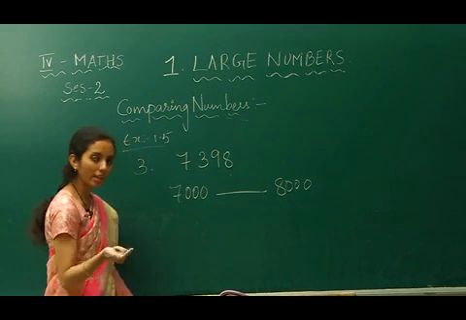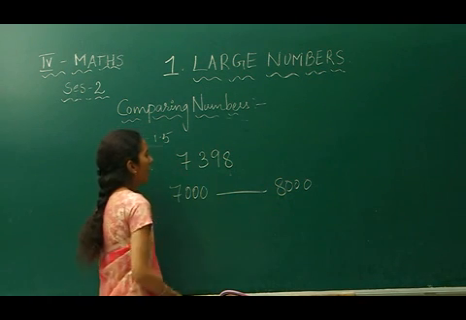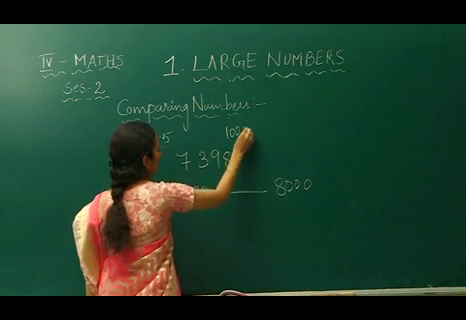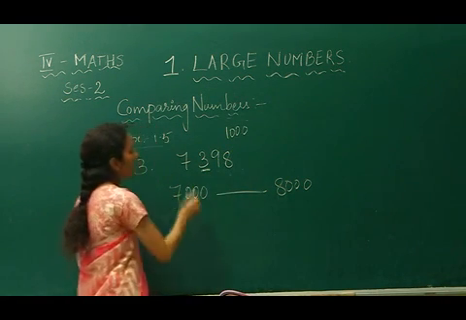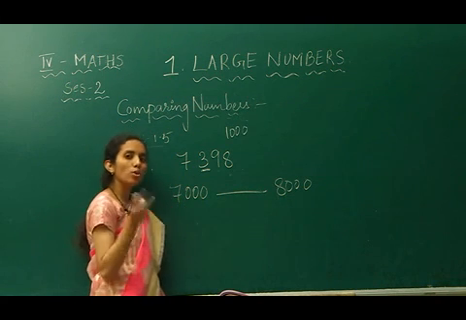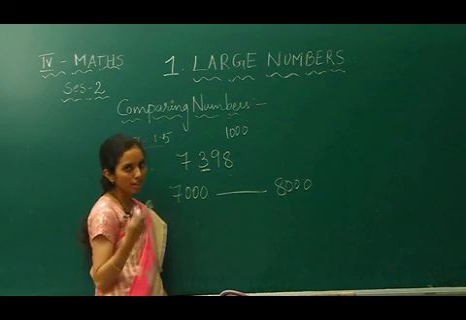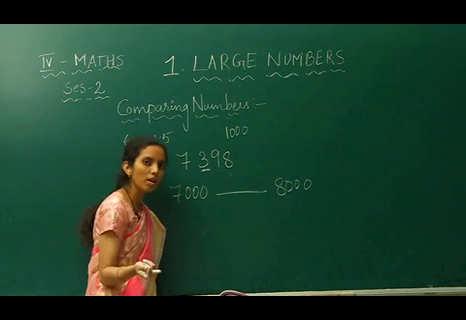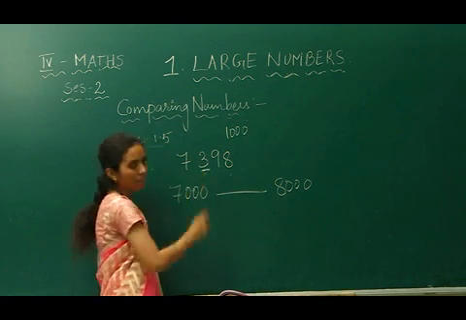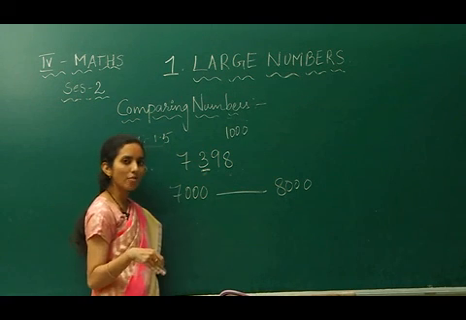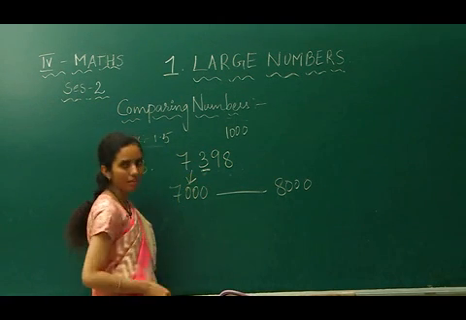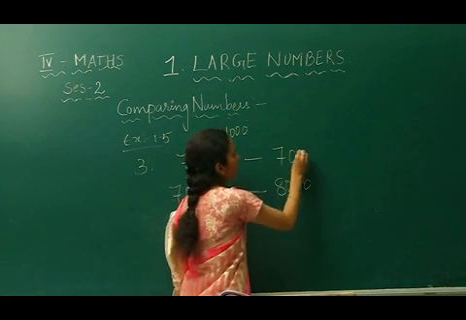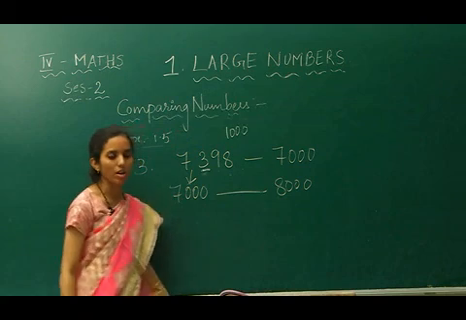Okay. Now we are taking the 1000 scale. While rounding to the 1000, what digit do we have to check? We have to check the digit in the hundreds place. To round to hundreds, you check the tens place value. To round to the 1000, you check the hundreds place value. So it is 3, that means it is less than 5. So you can round it down to 7000. So 7398 rounded to the nearest 1000 is 7000.